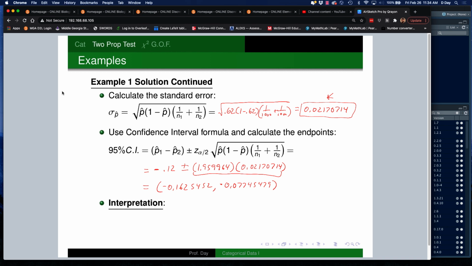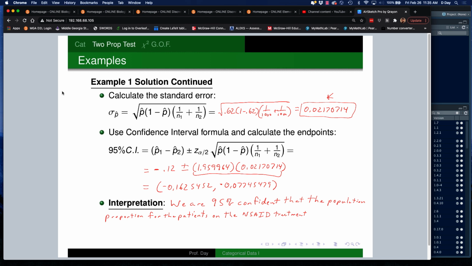And so we would say we are 95% confident that the population proportion for the patients on the NSAID treatment were at least